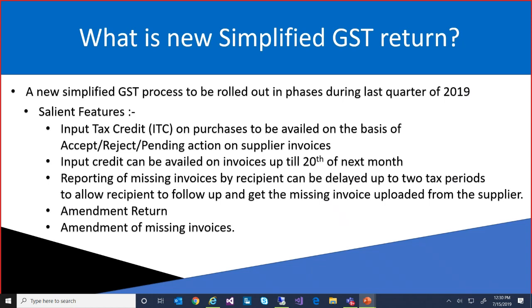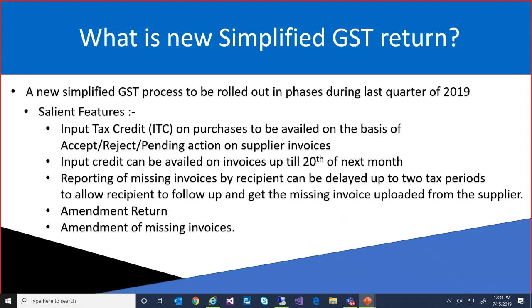It will be mandatory to generate an e-invoice, and that particular invoice will automatically flow into your return process. It will automatically upload on the government portal, and you need not do anything on that. So all B2B transactions are going to be controlled by the government, and the government will control your outward supply details from January 2020. But before that,